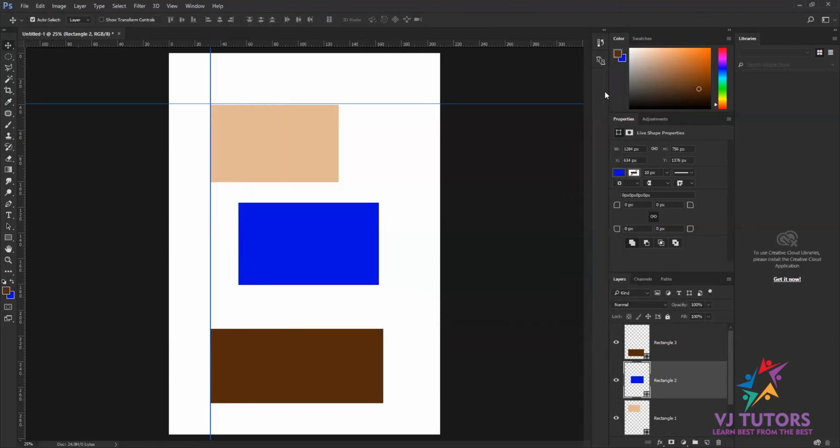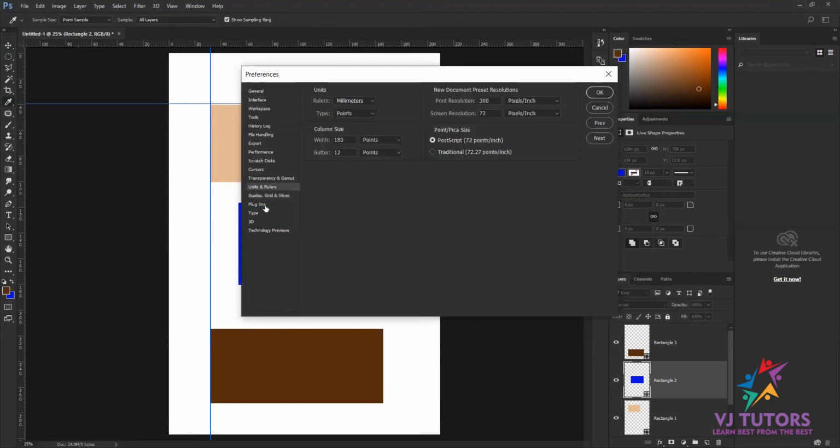Okay, next is the ruler units. In the ruler units we have right now it is in millimeters. If you want to change it to pixels, I just double click on the ruler, and it will automatically go to the preferences, units and rulers. So right now my ruler unit is millimeter, and if you remember I told you whenever you work in Photoshop, make sure you work in pixels, right?